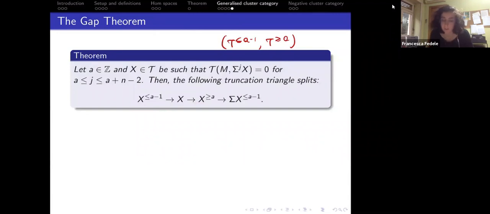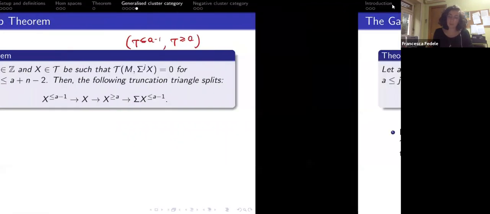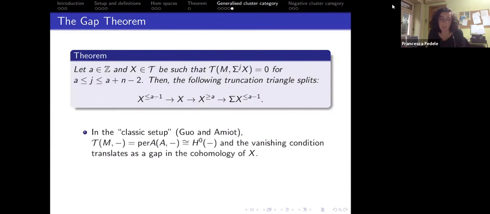Then you can prove this theorem, and that can help prove the last part of the property we were missing. I just wanted to point out that in the more classic setup, the one by Guo and Amiot, this condition on the vanishing of these Hom spaces becomes a vanishing condition on some degrees